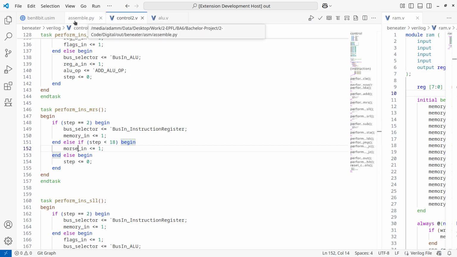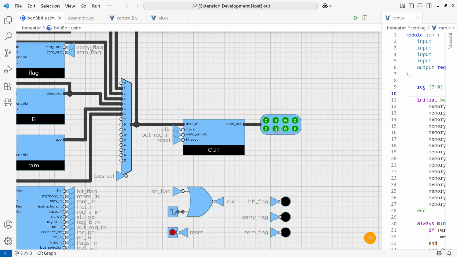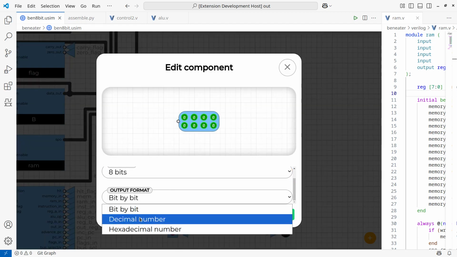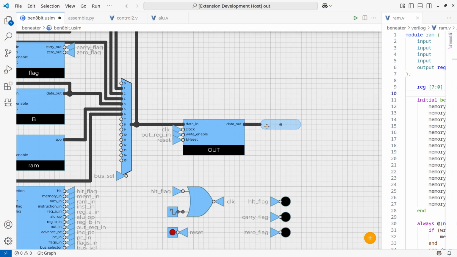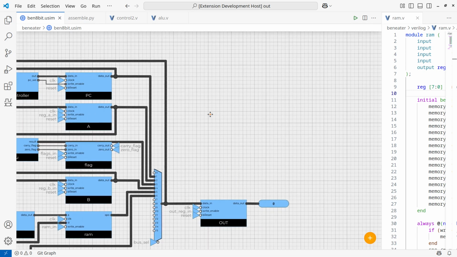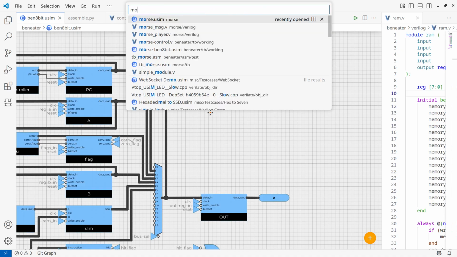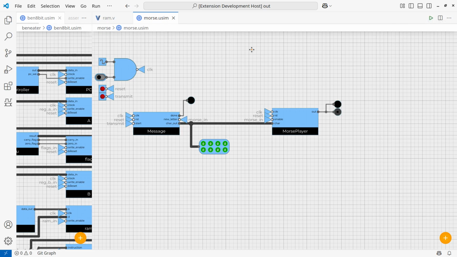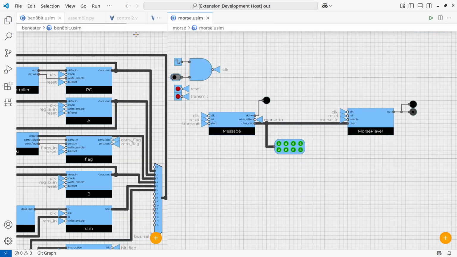Let me just remove this. And the processor, let me just put it back to decimal. Use it like this. And also, let's open back our Morse, which was here. Come on. Okay,